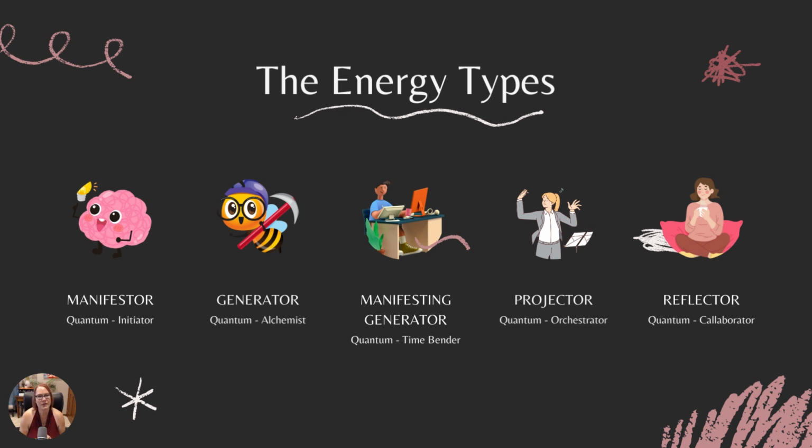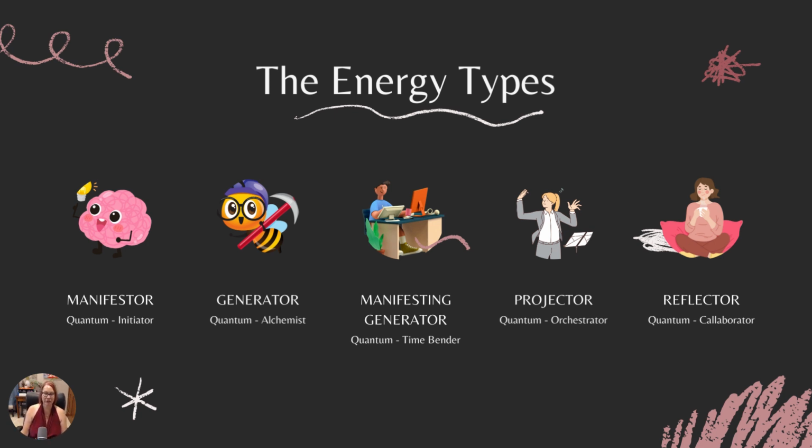With both generator and manifesting generator, you have got to get all that energy out, though. That's a big thing. You are busy, busy, busy. And by the nighttime, you should be exhausted and ready for bed. That is how you will sleep the best. We call these two types sacral beings, and that is your life and workforce energy. And that is why you are able to work and work and work and work for so long. So that's those two types.